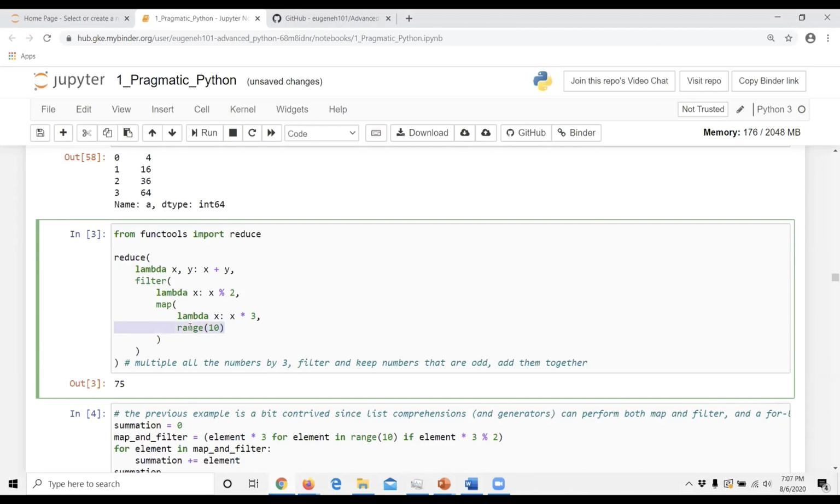So what are we doing here? We have the numbers 0 through 9. We're mapping it, so we're just applying a function which multiplies by 3. So 0 through 9 becomes 0, 3, 6, 9, 12, and so on. Then this filter basically